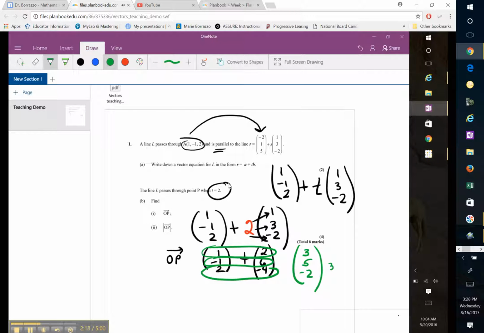Correct substitution into the formula. In this case, we're going to find the absolute value of this. So to do this, we are going to take the square root, and we're going to take 3 squared plus 5 squared plus the -2 squared, and this is going to yield us a value of square root of 38, and that is our absolute value